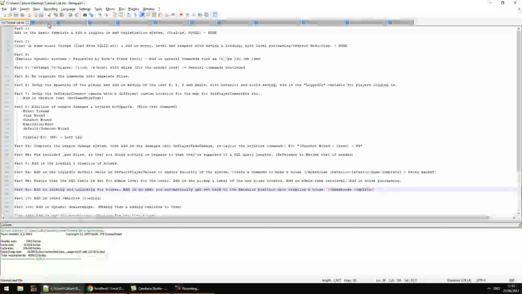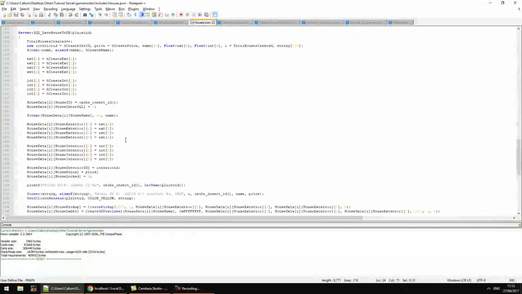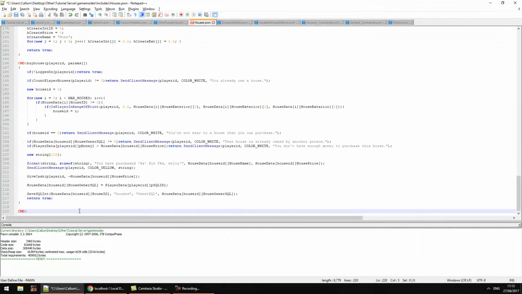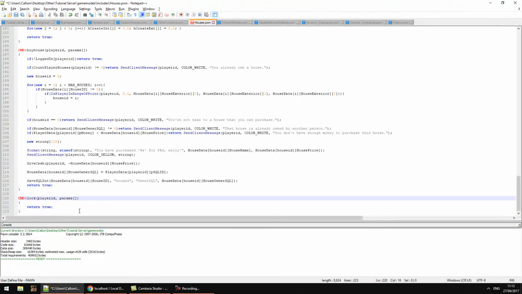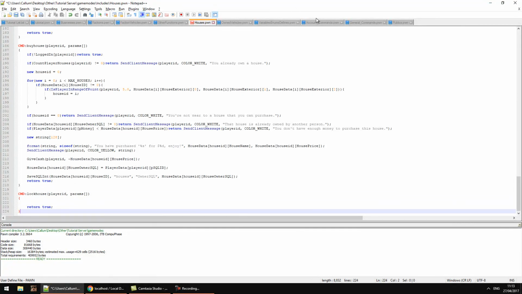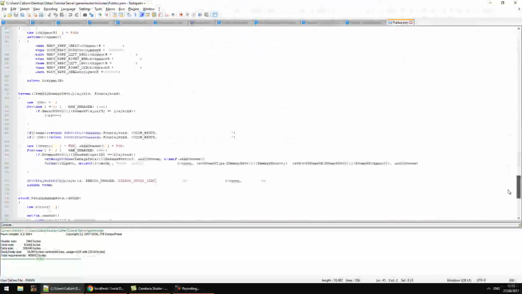Well, no, it's not actually. I need to actually create the command to lock the house. Now if we go down to the bottom and go here, we need command lock, player ID, parameters, return true. I'm going to actually change this to lock house. Inside of the publics, I'm going to go to the very bottom